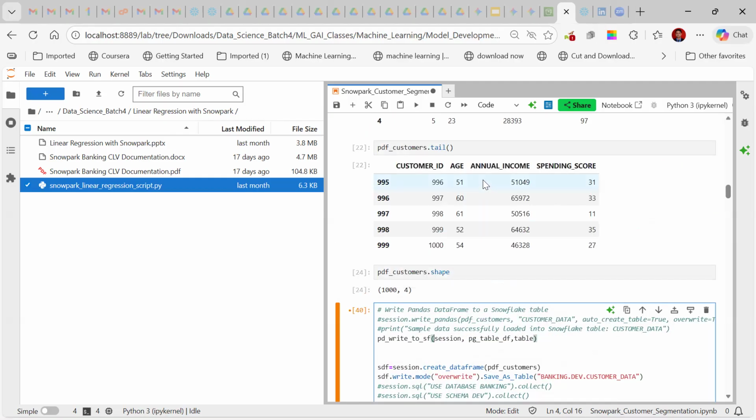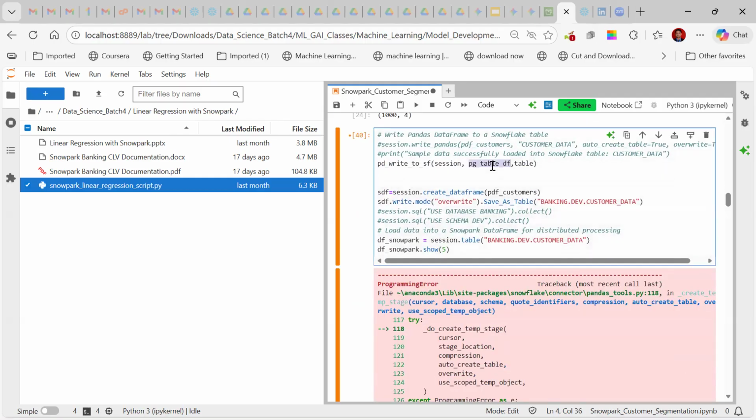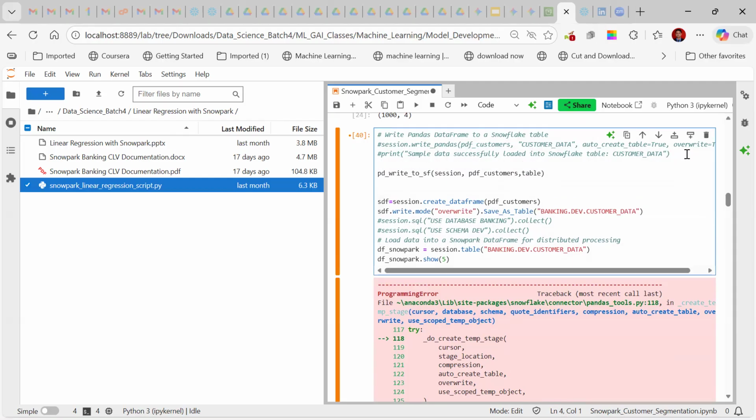And what is our pandas data frame? PD customers, right? And the table name, we can mention the same thing, no? Customer data. Yeah. I'll do one thing. I'll give SF table equal to this one. I'll give this as SF table, correct, no?